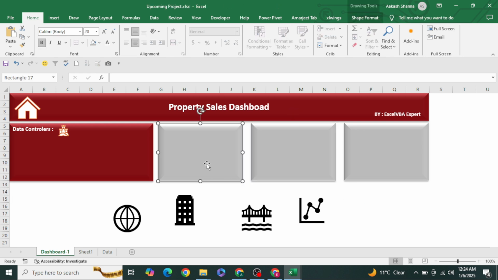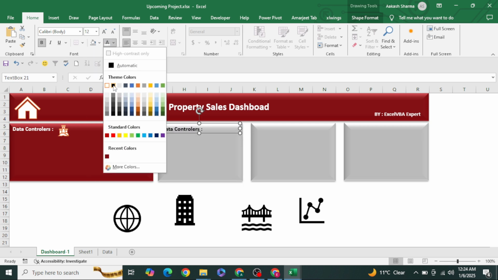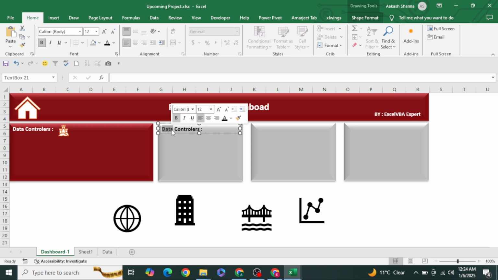Now let's take the same text box, and paste it here, and paste it here. Make it little black, not little, completely black. You will have to write average price, property average price in urban area. Okay,